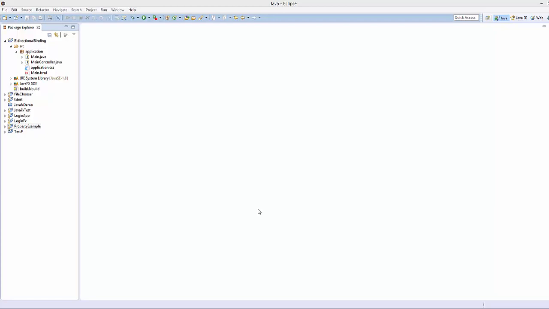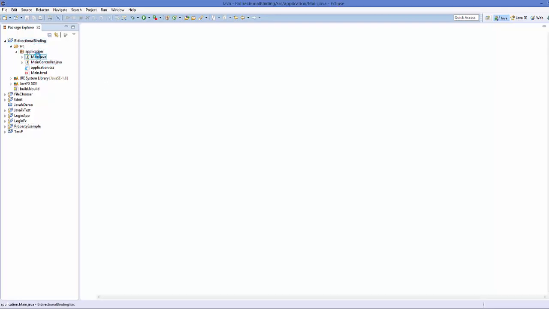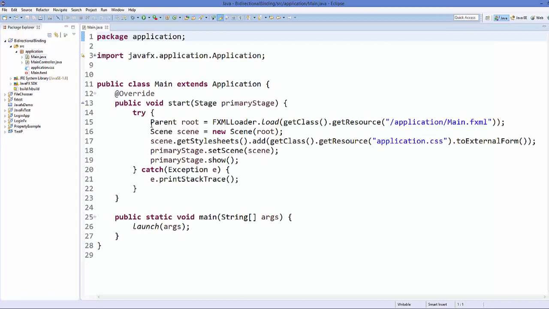In the last video, we have seen how to use unidirectional binding in JavaFX using properties. In this video, we will see how to use bidirectional binding with an example. So let's get started. So I have created this sample project in which I have this main.java class in which